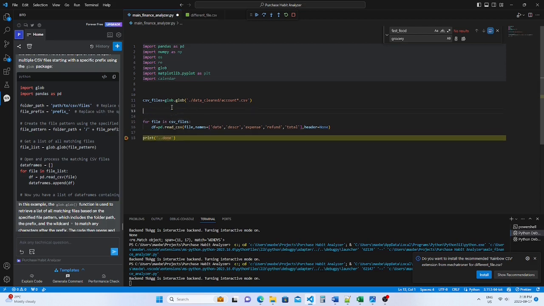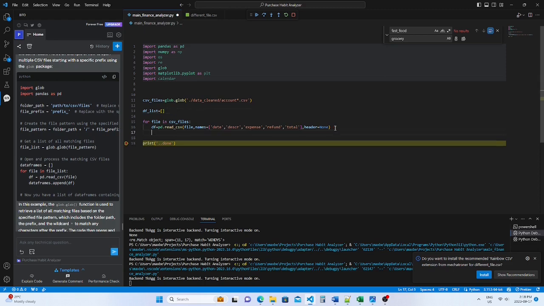And we want a list of smaller data frames to combine, so we'll just say df list equals this. So we've initialized an empty list object, which is a Python specific object, I believe. It is not an array in some ways that you would see in other languages, so just keep that in mind. I'll bring that up later. Okay, so df list append